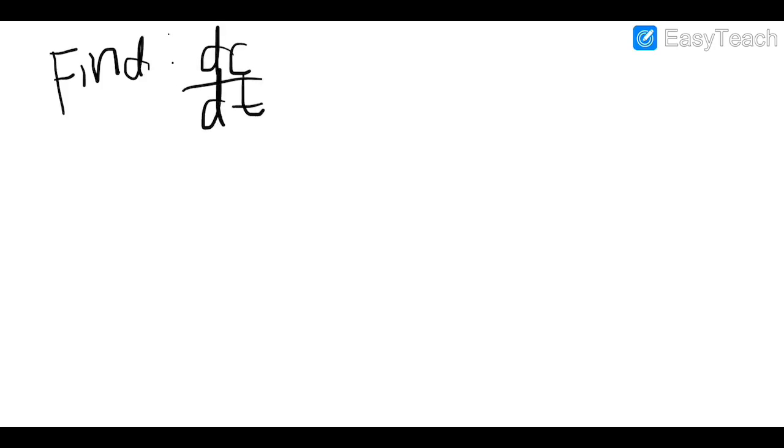So I just wanted a clean slate so we can have more room to do our work. But I wanted you to see the original problem first. So now we'll write what we are trying to find, which is dC/dt, because it's how fast the distance is changing between the 2 convoys. So it's the distance in the other side that we weren't given in the triangle, which is at A, B, 6 minutes later,